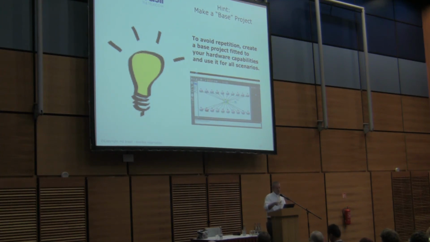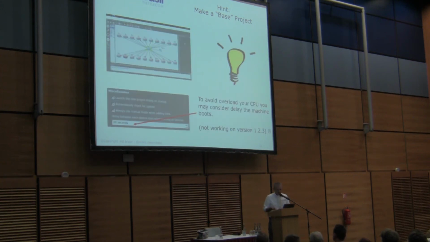And you can have, for example, in this machine, in the old version of GNS3, I run 20 routers. I create a base project, and I run 20 routers at the same time without any problem. And then when I want to create a new project, I go to this base project, I save it with another name, and get rid of the routers I don't want, and then it saves time to create new scenarios.